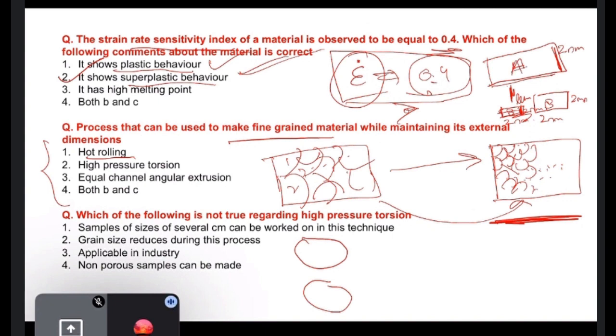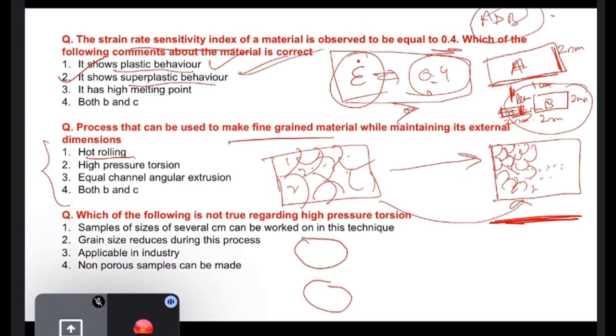Which of them is a nanomaterial? It is 1 micrometer. Which of the material is a nanomaterial? A or B? B, ma'am. Material B. Are you sure? I think both, ma'am. The correct answer is both A and B,